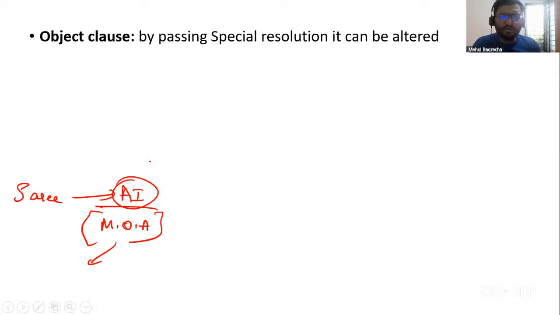No, sir. Why no? It's not there in the object clause. So what happens? I will still go ahead and carry out. What will happen? Doctrine of ultra vires. Brilliant, Tanya. Doctrine of ultra vires will come into picture.